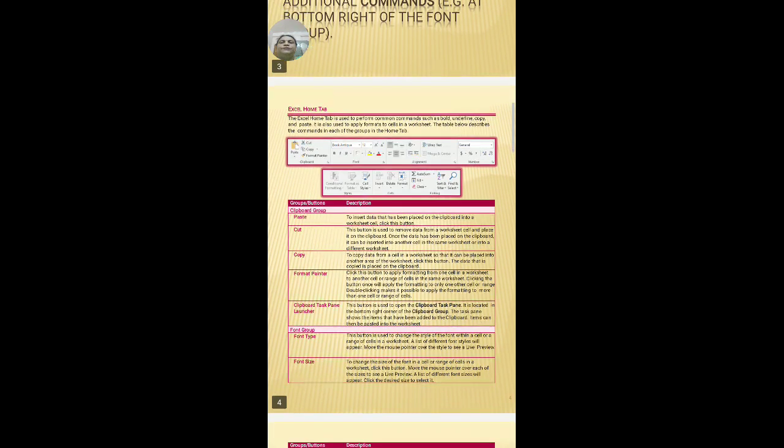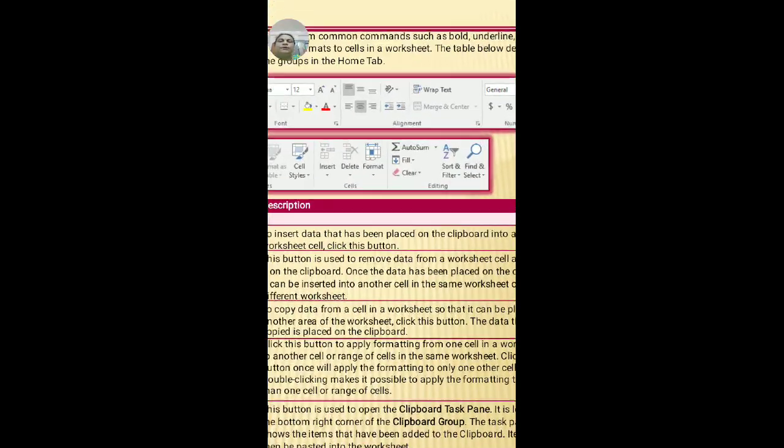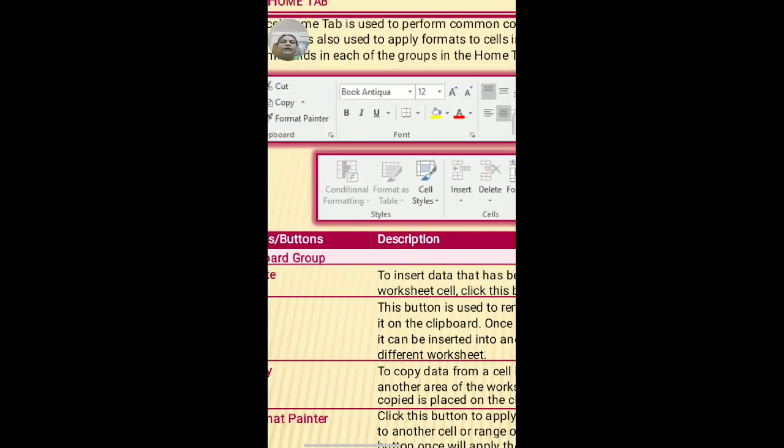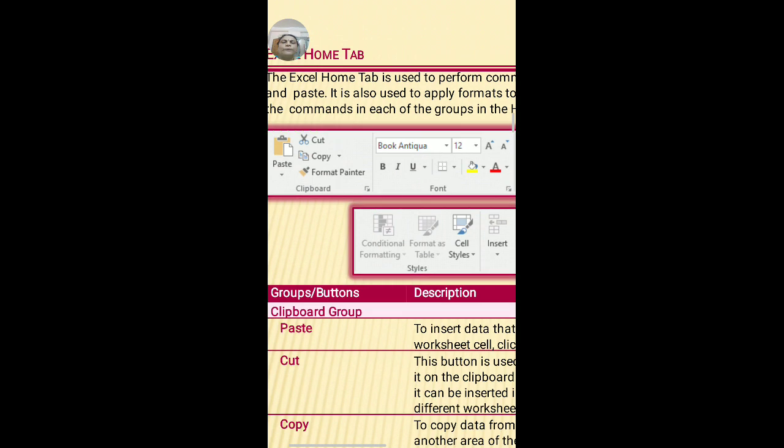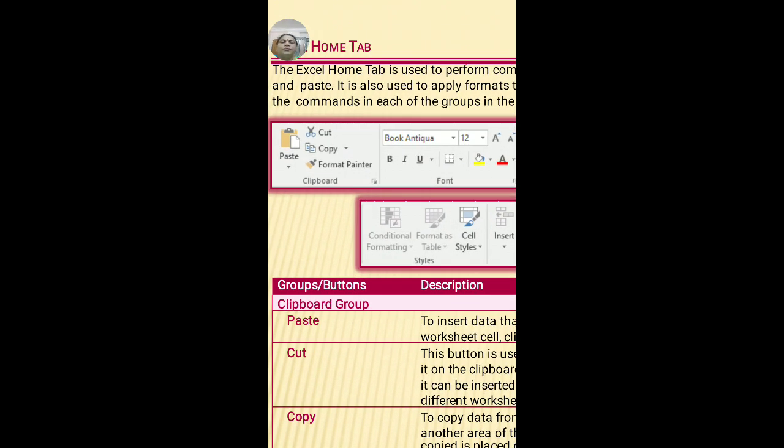Now let us go to the first tab in Excel, that is the Home tab. The Home tab contains different types of groups which I have already discussed. Again today in this class I am going to revise the groups we have.